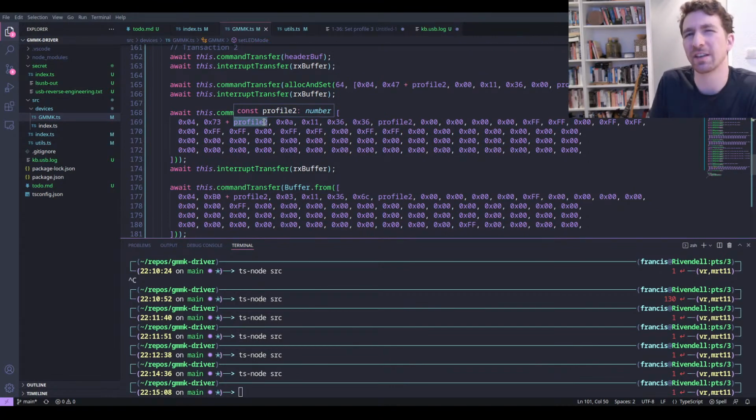One thing I might do, and I have a hard time bringing myself to do this because it doesn't quite fit with the theme of the channel, but one thing I would love to do is to try and dump the actual firmware that's running on the chip inside the keyboard, and maybe bring it up in Ghidra and see if we can track down the code and disassemble it, and maybe see what's going on in the actual code, because that might give us some hint as to what